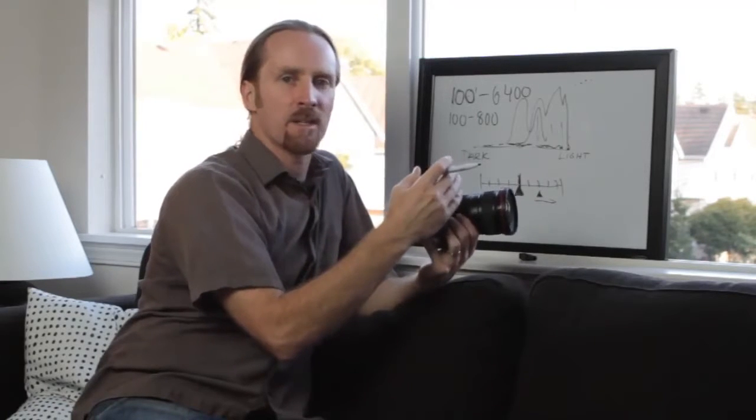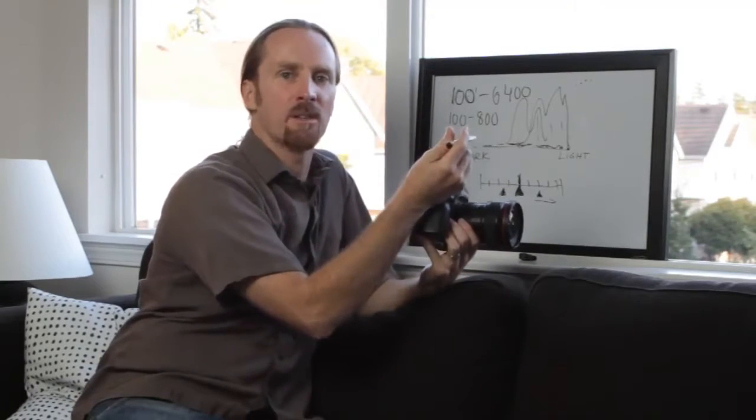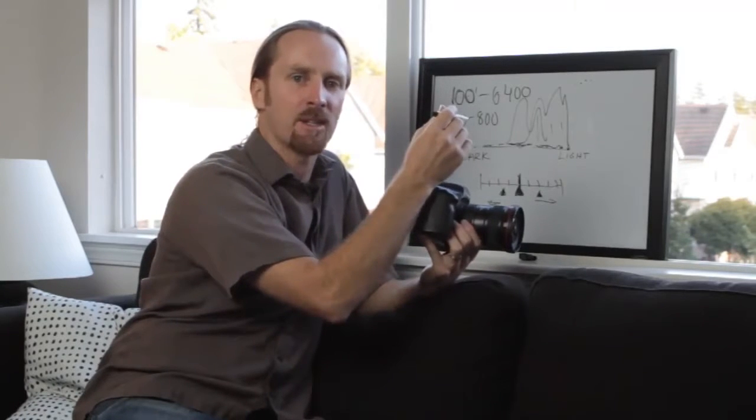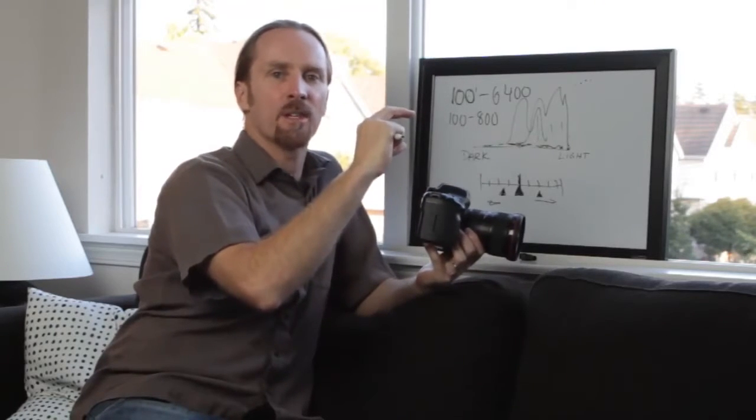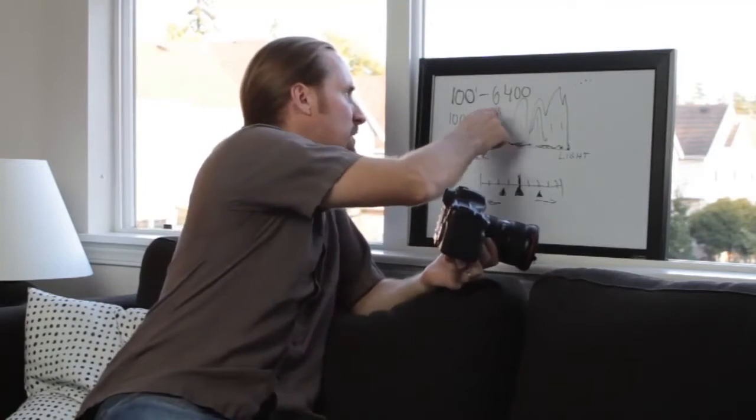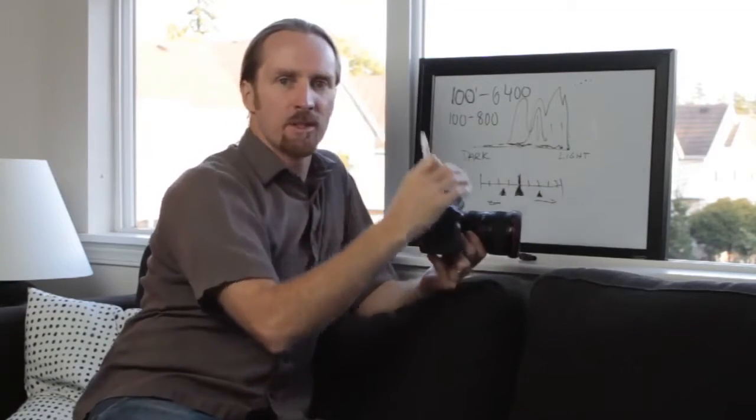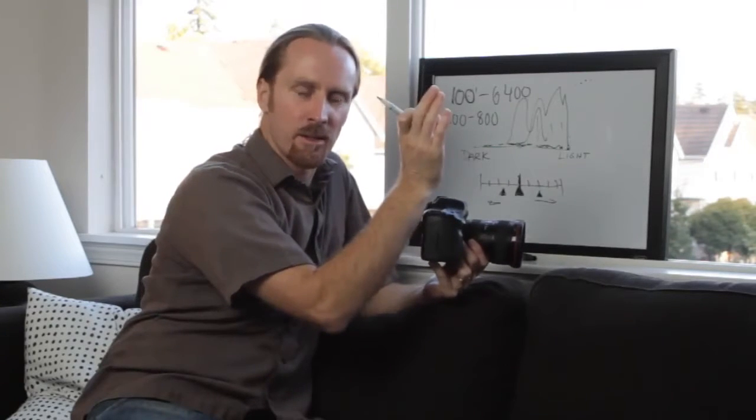When you're in a darker light situation and you're not able to use the other settings that you want, you can turn up the sensitivity of the sensor. So you're turning up the gain of the sensor. But the compromise there is you're going to introduce more noise. You're basically having less light coming in, so you don't have a very strong signal coming into the sensor, and then you're turning up the gain on that information, and that's going to expose more noise. So with very high settings like 6400, if you zoom into the image and look at it on the computer at full magnification,